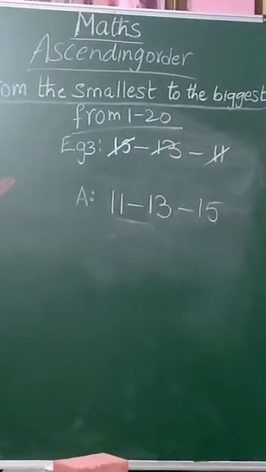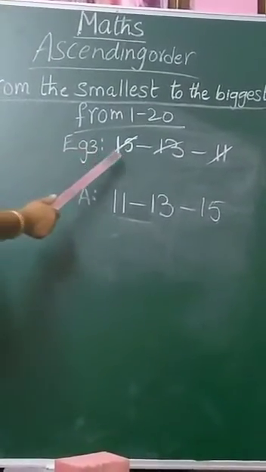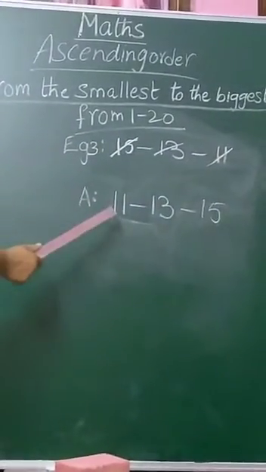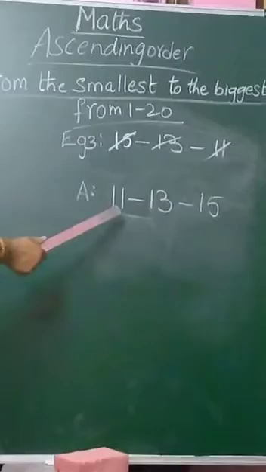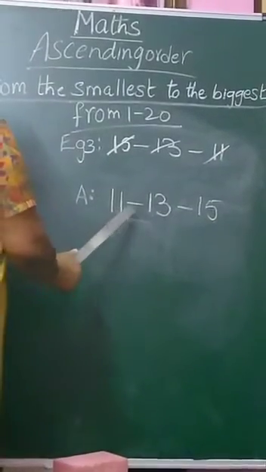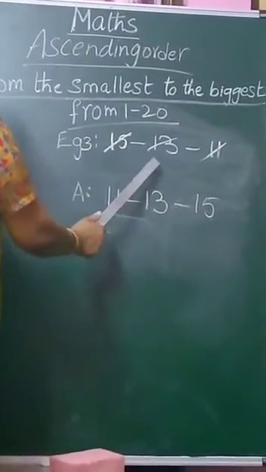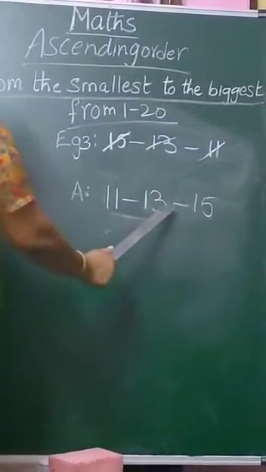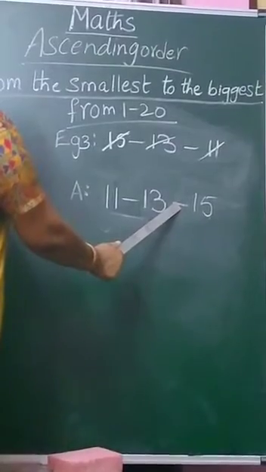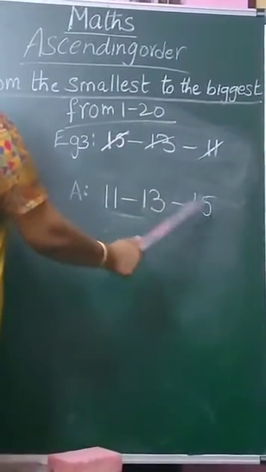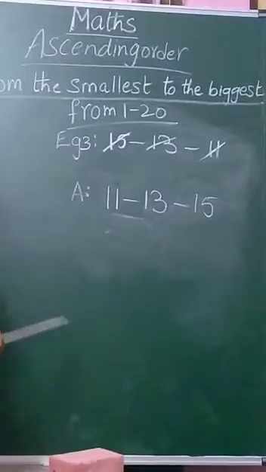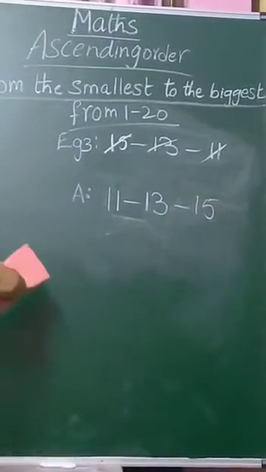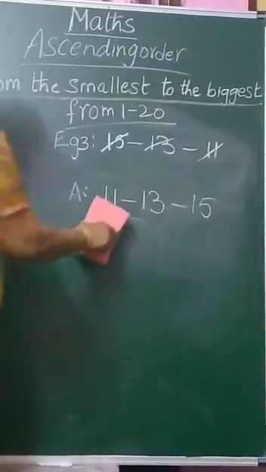Out of these three numbers, which is the smallest one? 11 is the smallest one. Why? Because 1 to 10 numbers are not given. So, I wrote it as the 11, smallest number. Then after 12 is also not given. I will go to the next number 13. 13 is a little bigger than 11. Then after 14. 14 is also not given. So I wrote it as 15, biggest number. Have you got children? Did you understand children? Yes.